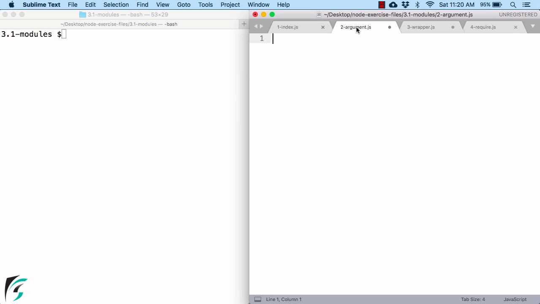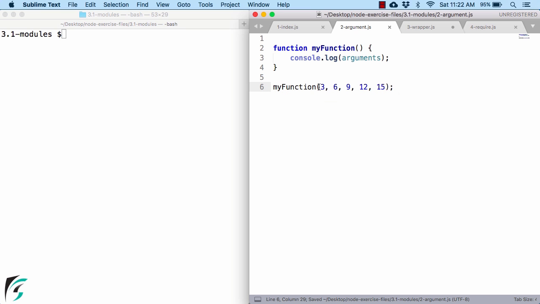If you go to my second file, argument.js, there in JavaScript we have a keyword arguments. If you try to access that keyword inside a function, then this arguments keyword will simply represent all the parameters that will be passed to this function. So to this function, if I pass all of these parameters such as 3 to 15, they will be represented with the help of this arguments keyword. So if you run this file,